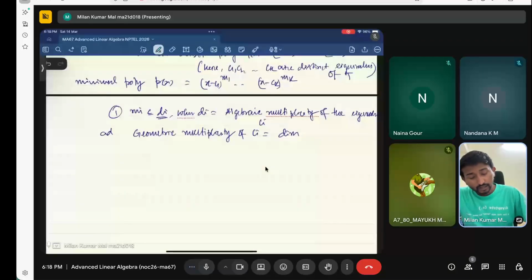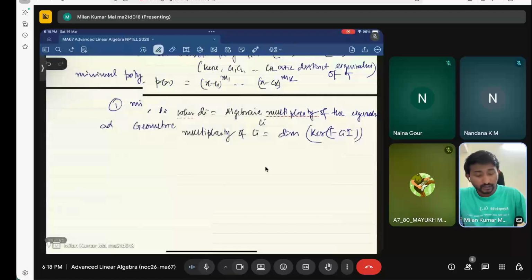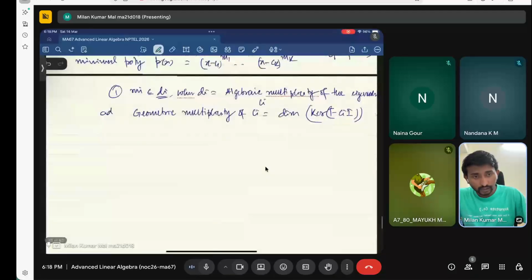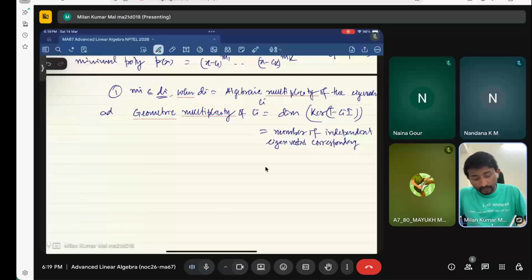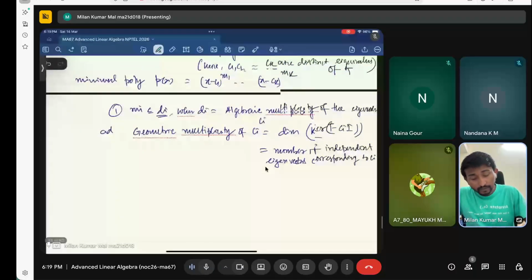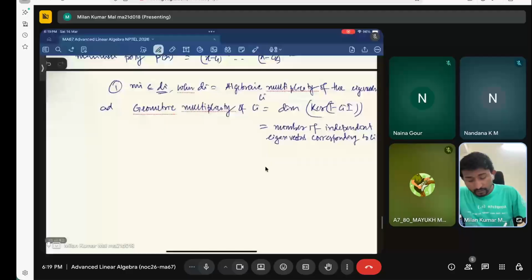Basically, it is the dimension of the eigenspace, the number of distinct independent eigenvectors corresponding to ci. So this is geometric multiplicity, which, like algebraic multiplicity, is denoted by AP, and geometric multiplicity is